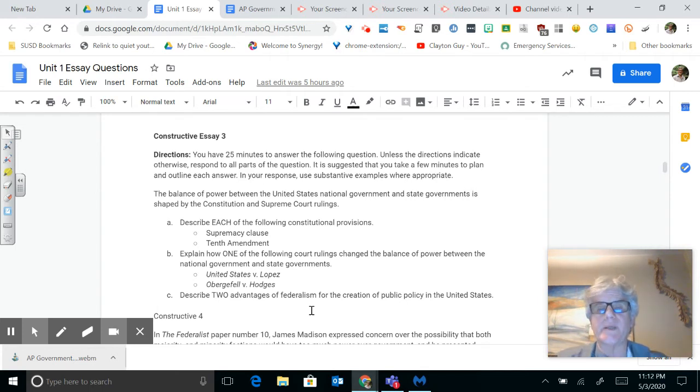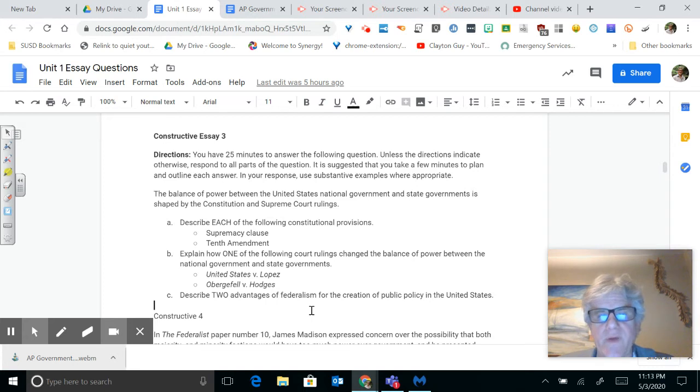Typically, marriage has been a state ruling. Most states make your laws about marriage, when you can get married, what the requirements of marriage are, how old you have to be to get married, the licenses and things like that. But Obergefell versus Hodges is where the federal government, and specifically the Supreme Court, got involved and said all of these rules that say marriage is only between a man and woman are null and void. Gay men and gay women can be married.